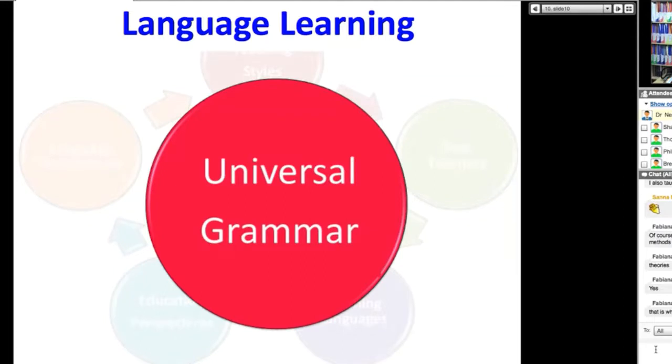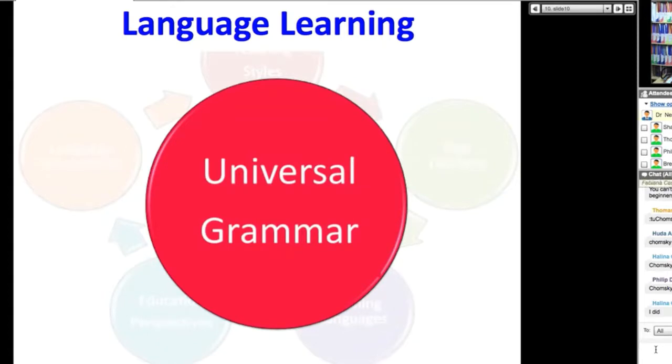Universal grammar. Again, who came up with this brilliant idea? Transformational. Do you remember? I mentioned it at the beginning. Let's see if you remember the guy's name. That's right. Very good, Thomas. Chomsky. And sometimes it's called Chomskyan. It's called deep grammar, underlying grammar. There are lots of names for it. I don't know how many of you studied it deeply. I did. And I liked it. It was really, really fun to learn.